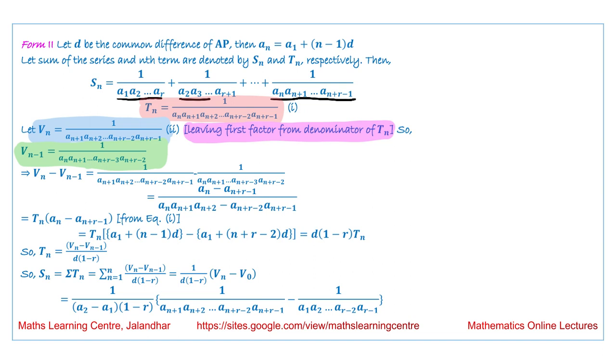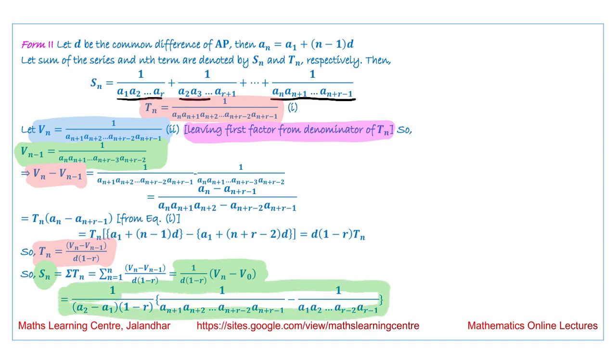Next step we are going to do is calculate Vn minus 1, and on solving this we obtain the general term in this form: Tn is equal to Vn minus 1 over d into 1 minus r. Again when we add all these values, we obtain the general formula of the sum, it is 1 over d into 1 minus r times Vn minus V naught, and this is the final answer that we